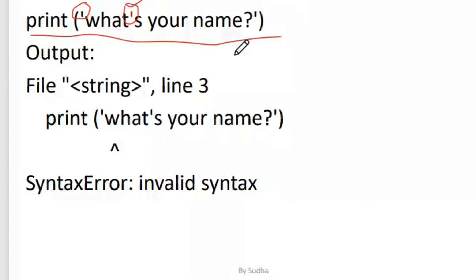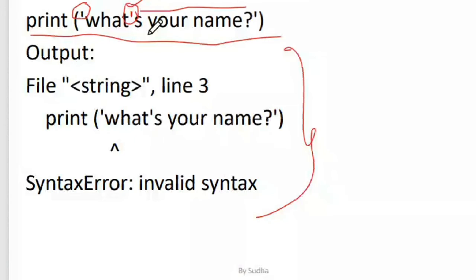I have shown you the output of this particular line. You got the syntax error because after this apostrophe, there is still some more text, and there is no apostrophe again at the end. In case there is an apostrophe there, it would be a valid syntax, though maybe the sentence formation is not correct.